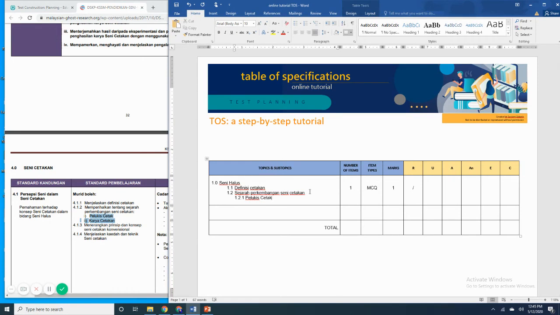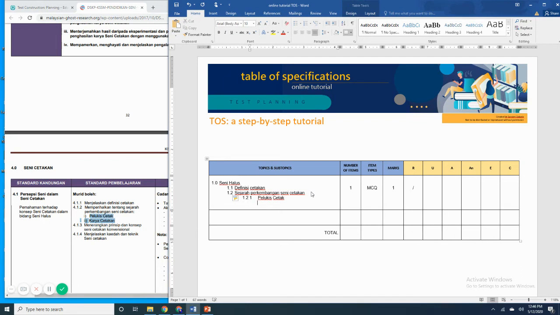Then you have to decide, do I need to measure all these 3 artists, or can I just ask 1 artist? Maybe I have covered the other 2 artists in my classroom exercises, homework activities, or if you think that it is important to ask questions that represent all these 3 artists, then by all means, please do. If you think that 2 artists is enough because 1 is already covered in other assessment, then ask 2 artists. Okay? So say, for example, I want to ask about artist number 2,